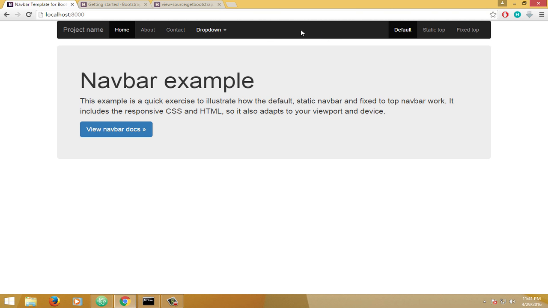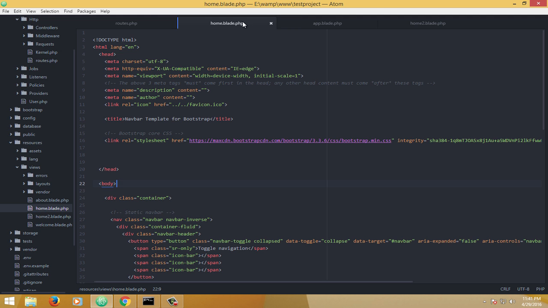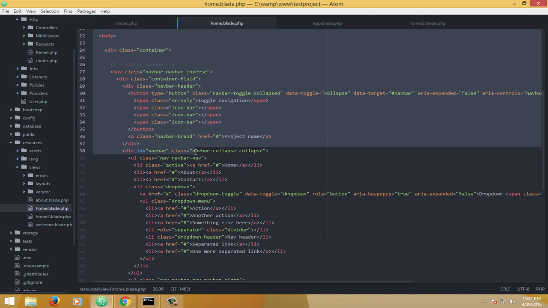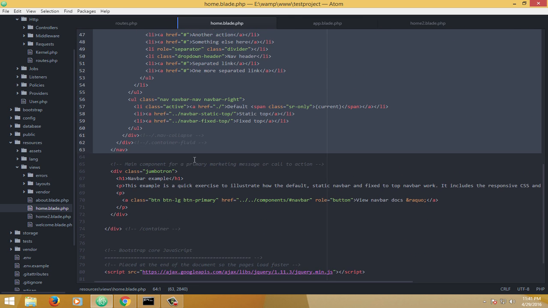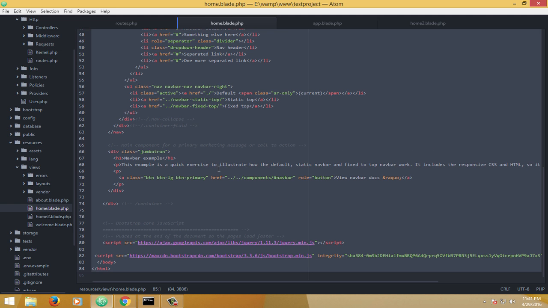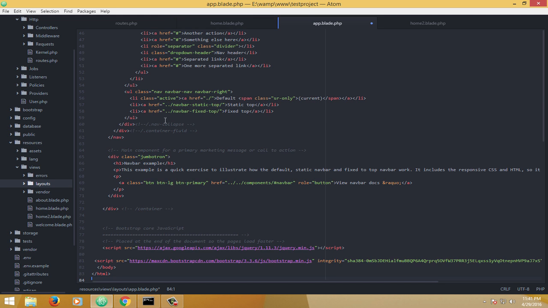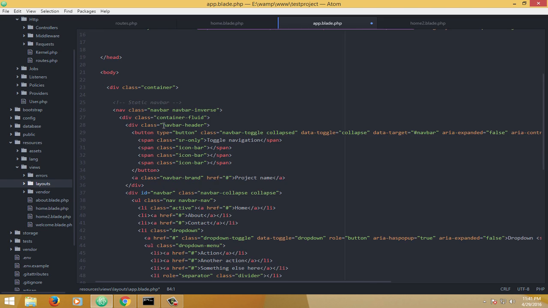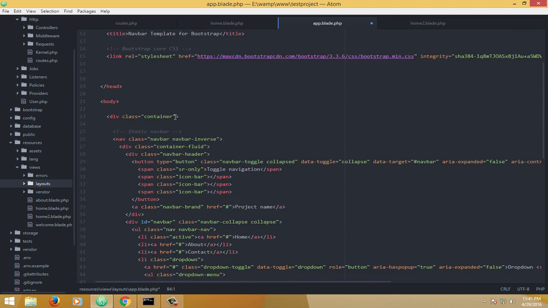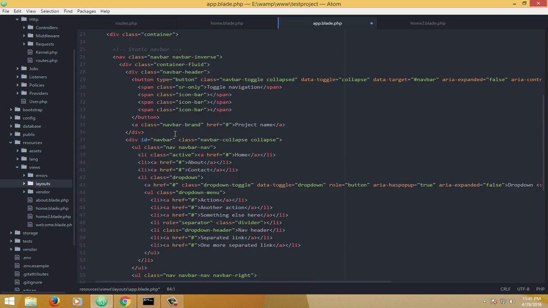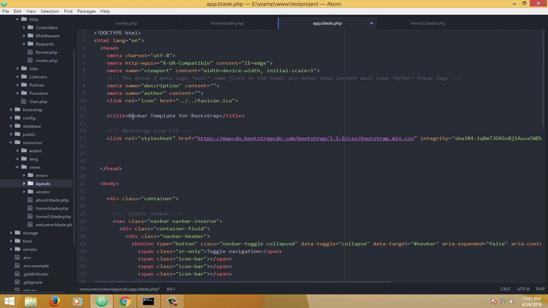Good. So now this app.blade, let us see what we can do to this app.blade. I want my navbar to be present in every single page. So navbar is a universal element. So there is a simple workaround for this. What I'll do, from my home.blade.php file, I'll just grab the navbar components, and okay, let me just grab everything and I'll put it here. Okay, so I've just taken everything here, and now I'll make the title app hyphen app name,